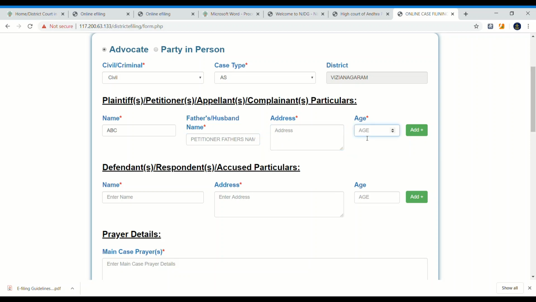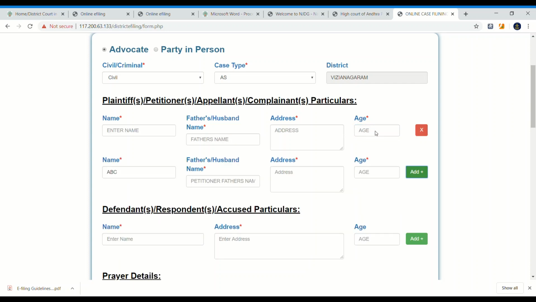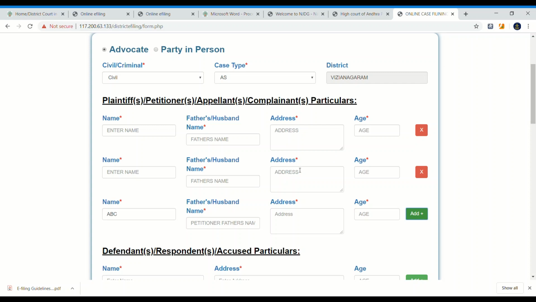If the petitioners are more than one, then you have to click on add one. Then you have to enter the second petitioner. If there are more petitioners, you have to add all the petitioners' names and the relevant information as per the screen.